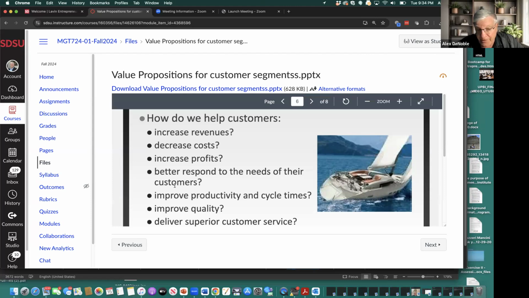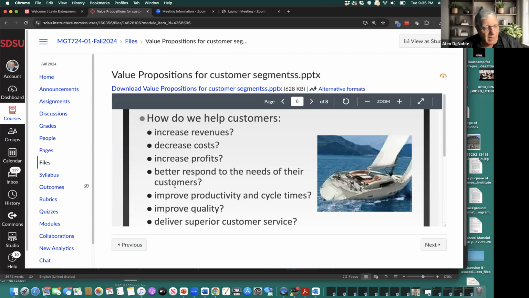To what extent, if at all, does your product or service help your customer better respond to the needs of their customers? If you can facilitate that, when they deal with their customers with your help, it'll tighten the engagement with you and your own customer base. How can you help your customer improve productivity and cycle times? These are important considerations, and maybe your product or service offering is focused on